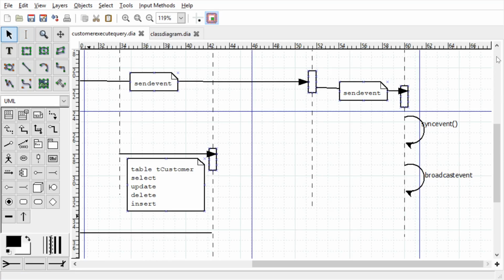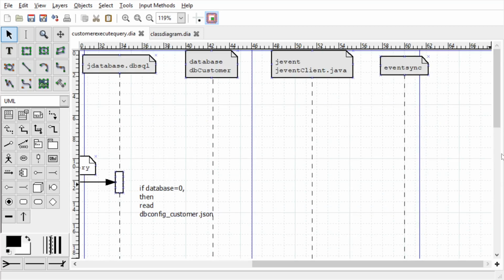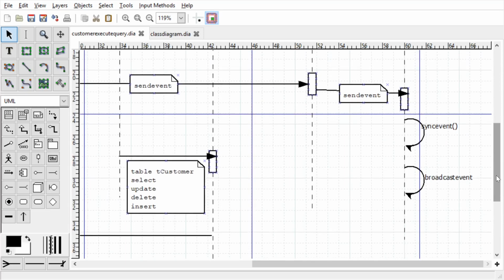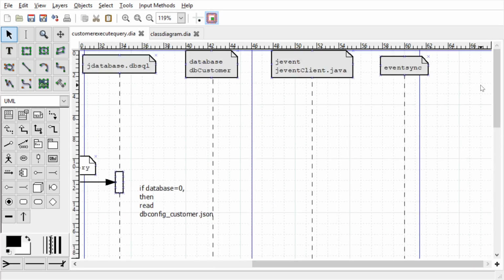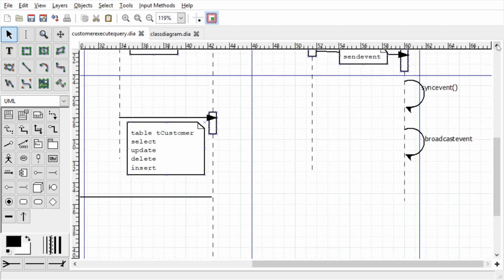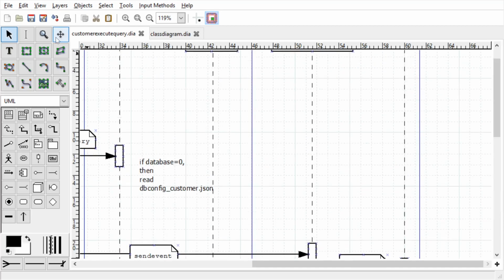Right, now what happens when somebody calls a sync event or broadcast event is you draw a separate sequence diagram for that. When anybody calls a sync event or broadcast event, what happens? In broadcast event, the event is sent to all other microservices, and in sync event the event is saved in the local database. In this case it is saved in DB event sync database. So this is how you should draw all the diagrams and show me